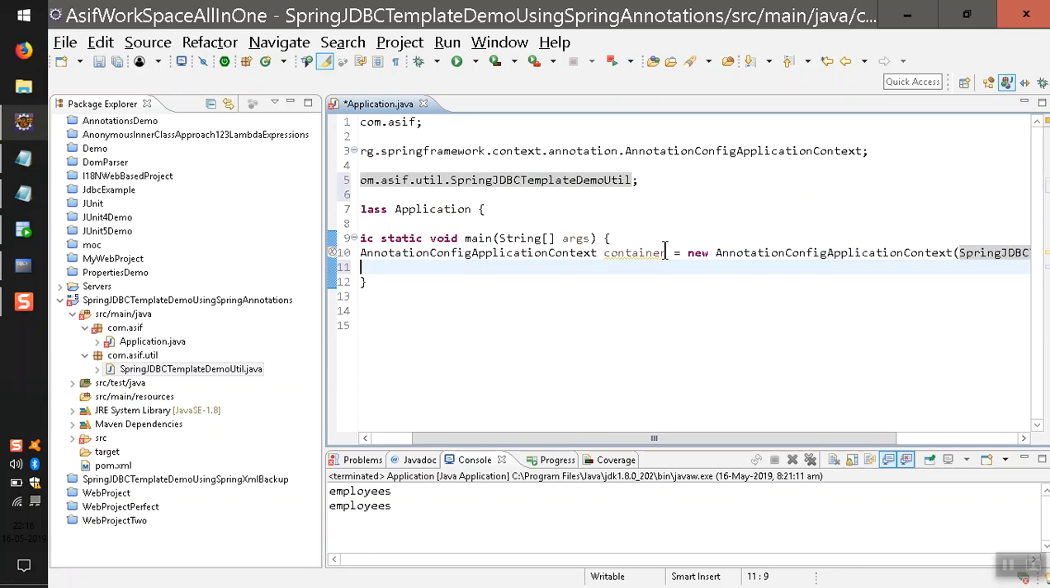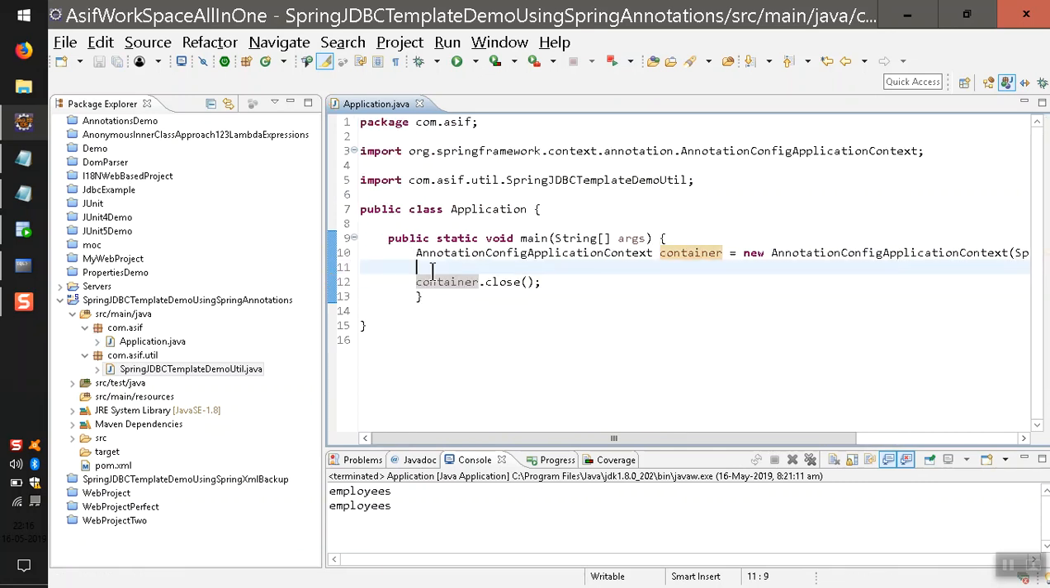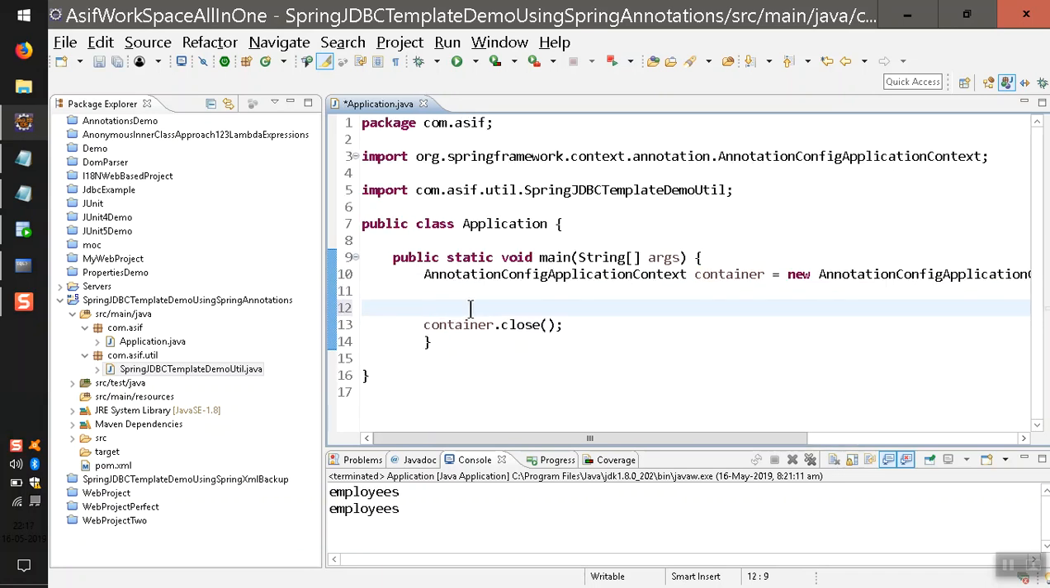What is this other typo error? Okay, so I have created the container and closed it. Let me increase the font. Okay, so I have increased the font. So I'm going to say container dot get, or the alias name. I'm going to say get